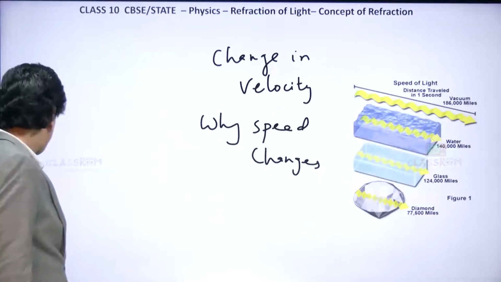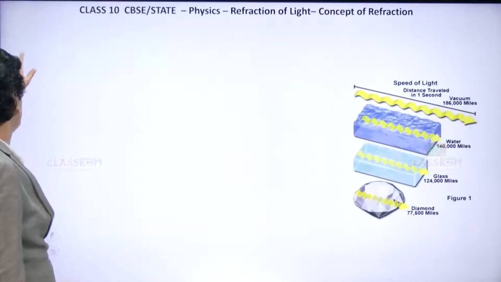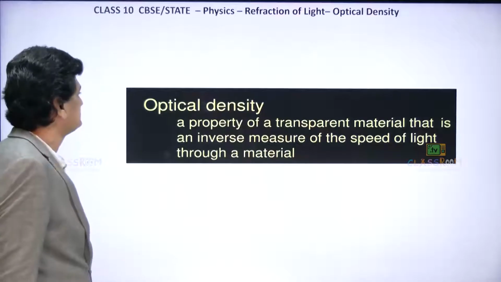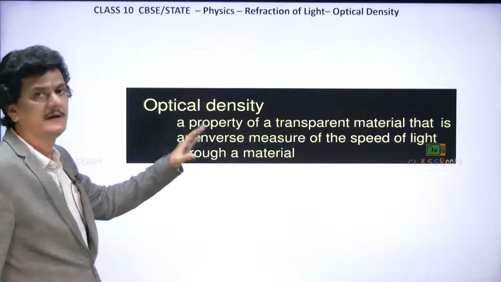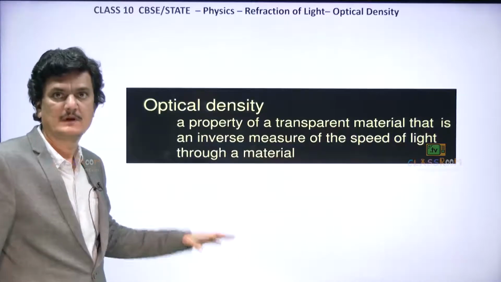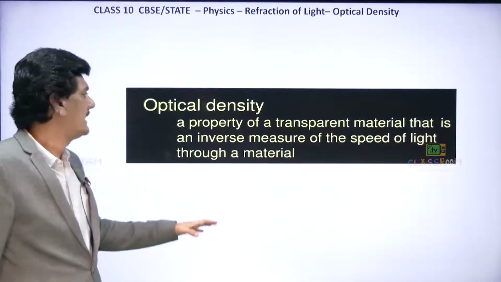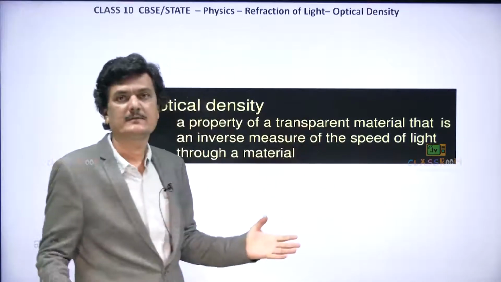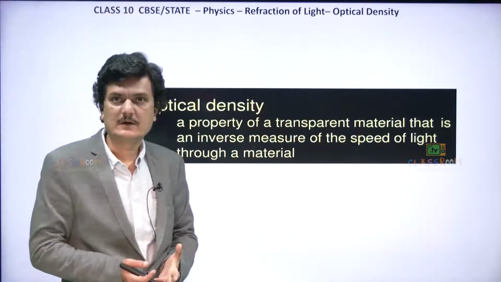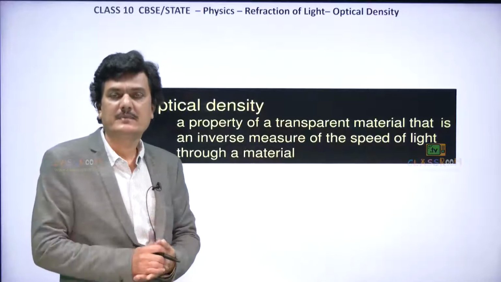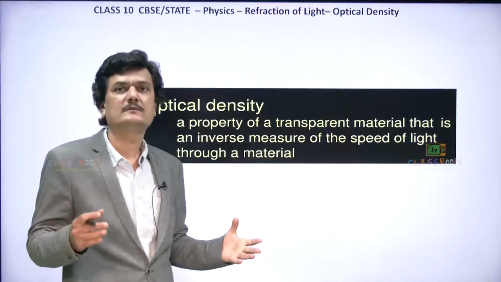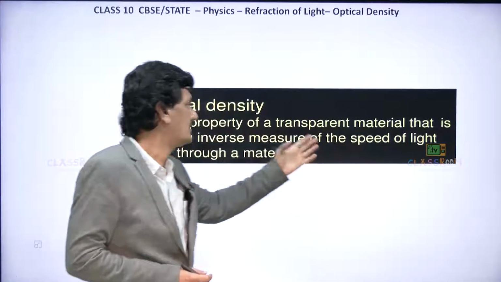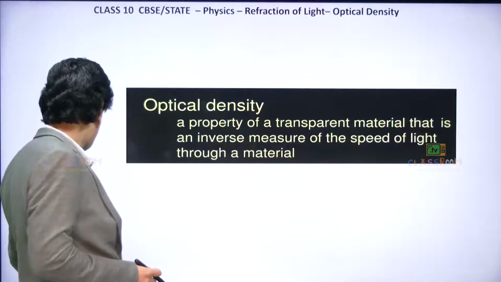So, that property of the medium is called optical density. The property of the medium which causes the change in the speed of light is called optical density. And optical density is a property of a transparent medium. Remember, it is not a property of an opaque medium, because in an opaque medium light cannot travel at all. A translucent medium also does not properly allow all the light to be transmitted through it. Therefore, optical density is a property of a transparent material or medium,